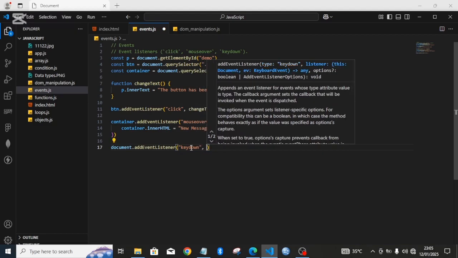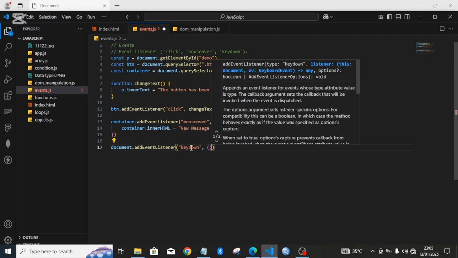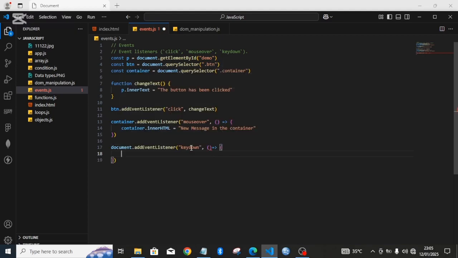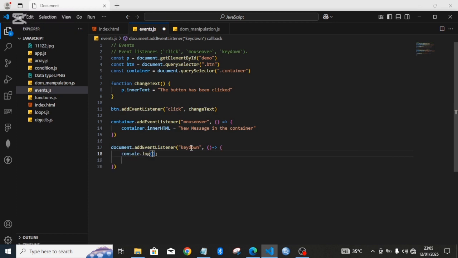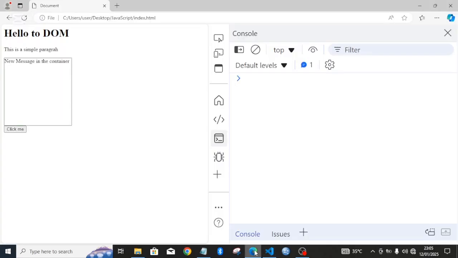Keydown. So on keydown, what did I want to happen? I just want to log something to the console and say a key is pressed. So let's see what will happen here. Yes, after typing things, you see, the more I type, the more something is being